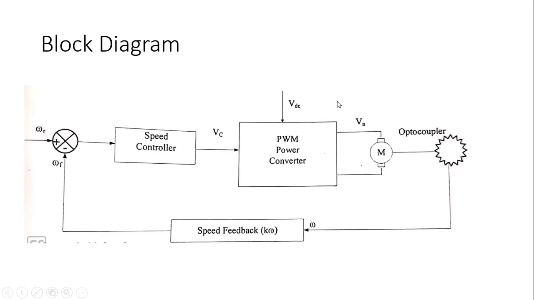In correspondence to the output that we have from VA and in correspondence to the changed value of the speed, this is going to be given as a feedback again. And again, if we need a change in the value of speed, we can vary the controller in terms of P mode, PI mode, or PID mode. After this, it is again going to be sent to the PWM converter, there will be a new value of VA and correspondingly a new value of speed. And this entire loop is now going to repeat. So this is the theory that is involved behind the experiment here.